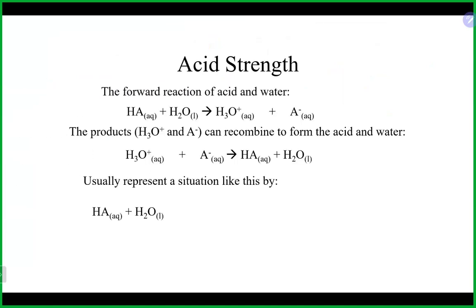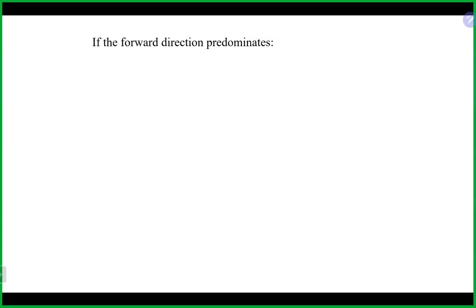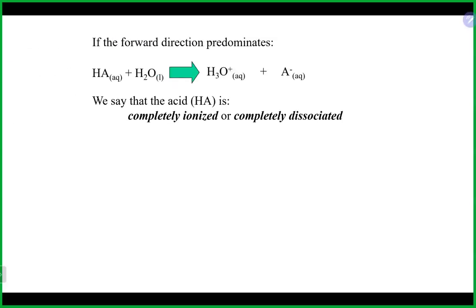So let's talk a little bit about acid strength. The forward direction of an acid reacting with water will produce some H3O plus and A minus. Those guys in certain situations can go back in the opposite direction, and that gives you more of a weak acid situation where you have arrows heading in both directions, as opposed to a strong acid. Now, if the forward direction predominates, we do have a strong acid, and as we listed earlier, once again, our list of really 6 strong acids: